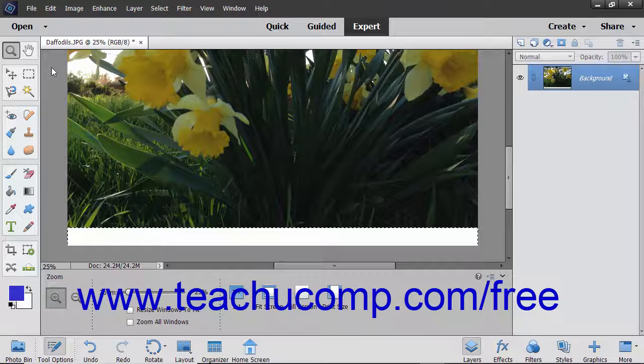You can fill in selections and layers you create with colors, gradients, and patterns. You can also apply strokes to selections you make. A stroke applies a colored border to the edge of a selection. One of the most common fills you can perform is the fill of the currently selected background or foreground color